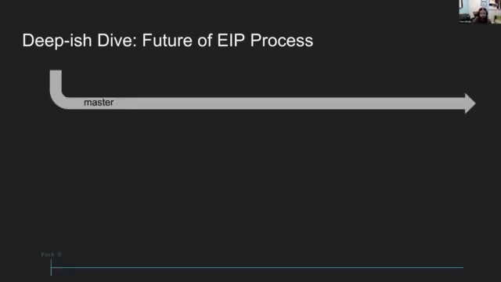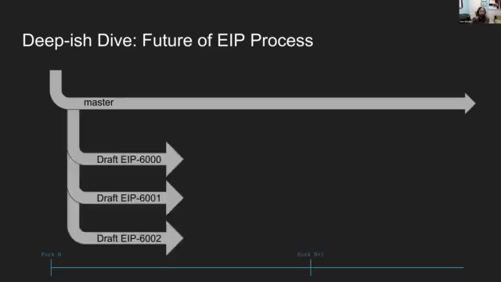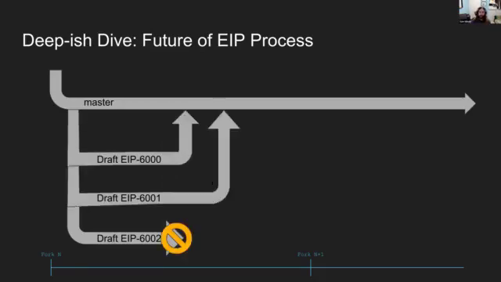So here's a really hastily thrown together diagram of what I think this should look like. We're currently at fork N. You'd have a bunch of draft EIPs, which are branched off of the master branch. Here, I'm just going to pick some random numbers. Each one of these would live in their own branch. As they become final, they get merged back into the master branch. And then anything that gets rejected would have to be closed and perhaps merged into a graveyard or a holding area, but they don't actually get merged into the master branch. And then the actual fork itself would take place, and then development will continue after that.